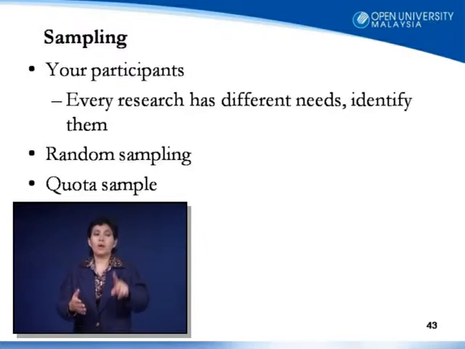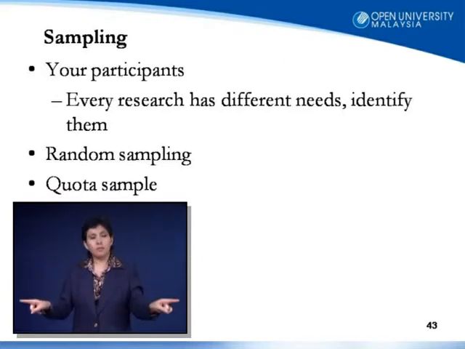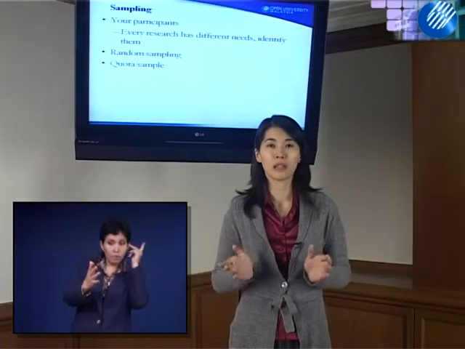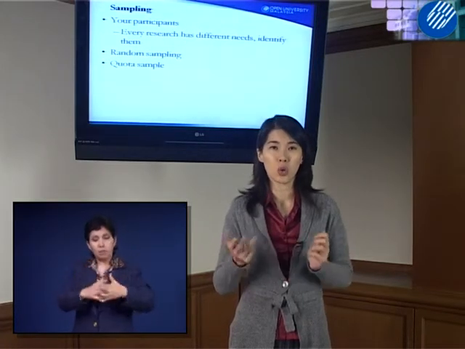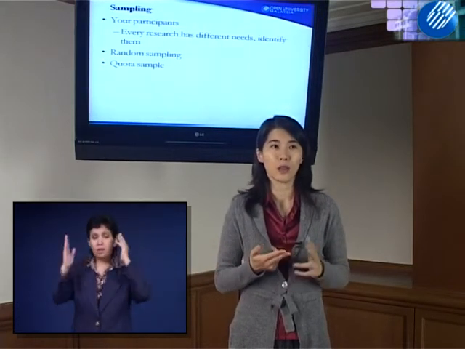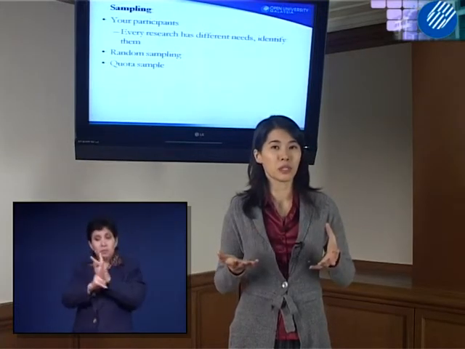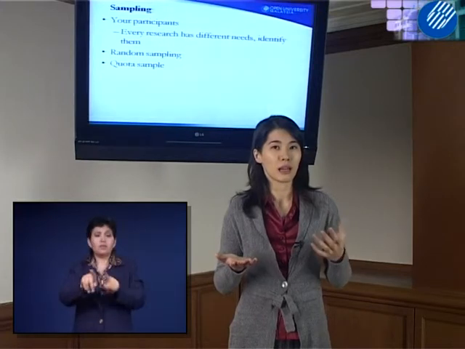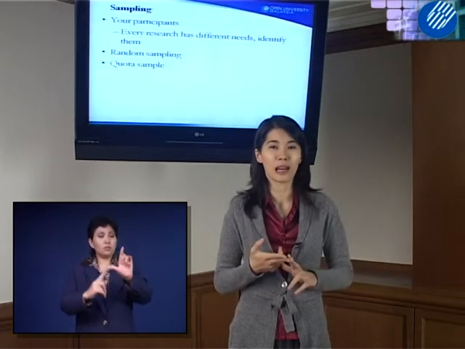Next, one important factor in your experiment is your sampling, which is your participants. Because every participant is different and every research is different, you have to identify them. You can find a population which is Malaysians or Americans or Singaporeans, or different ethnicities, such as Chinese, Malay or Indian, or it can be students, mothers, parents, or even people living in different places, like people living in Cheras or in Kampung Selayang.